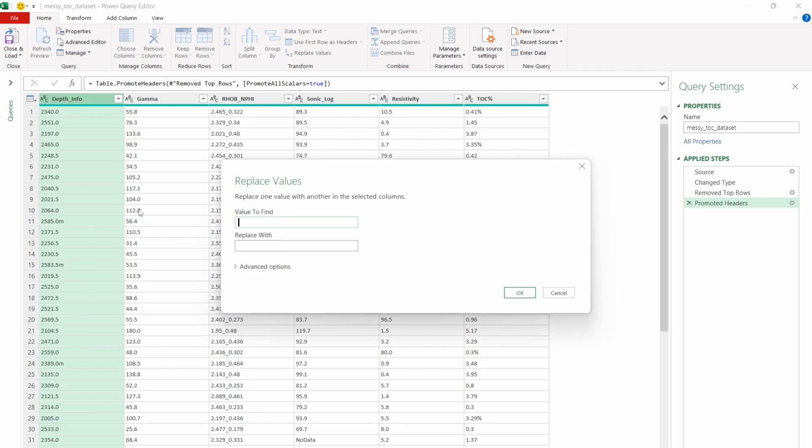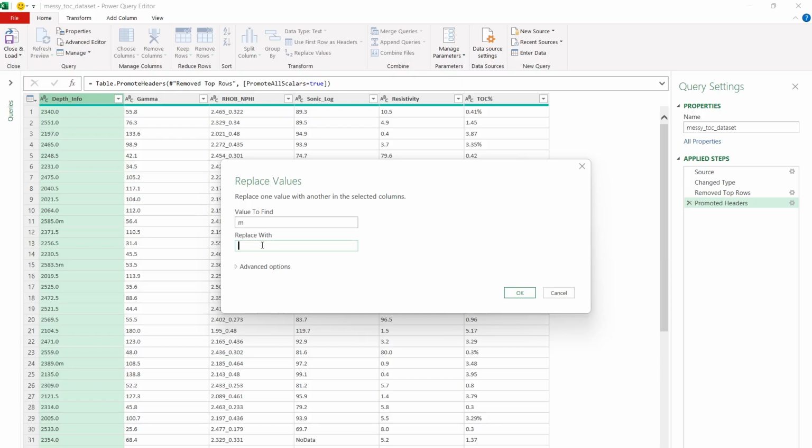So I'm going to tell you what replace values are. Replace values says replace one value with another in the selected column. So we have to write a value we want to replace. What it does here is find a value that we want to replace and then say what we want to replace it with. So here we want to find M, because it's M we want to replace. We have M all over here, littered all over here. So what do we want to replace it with? This is where we come here. Replace with